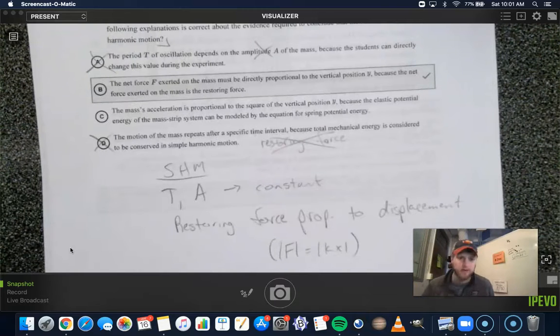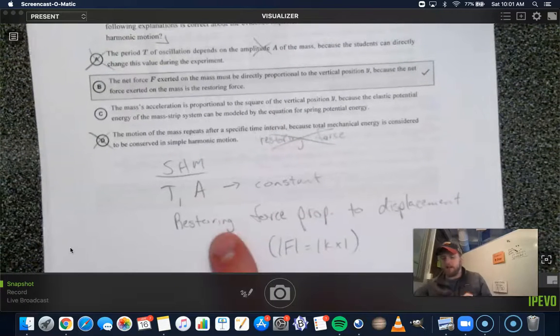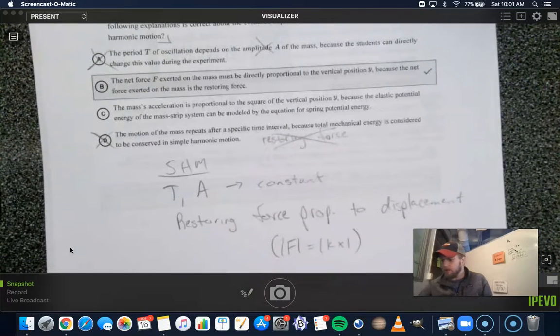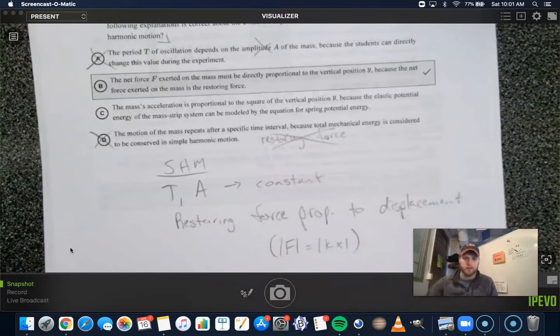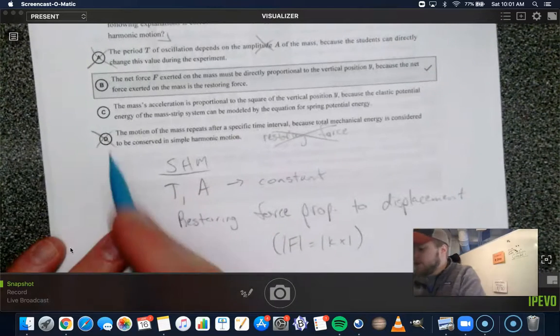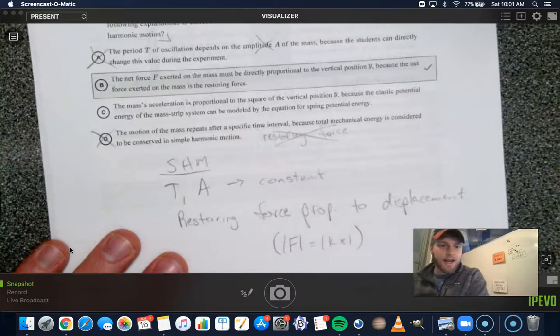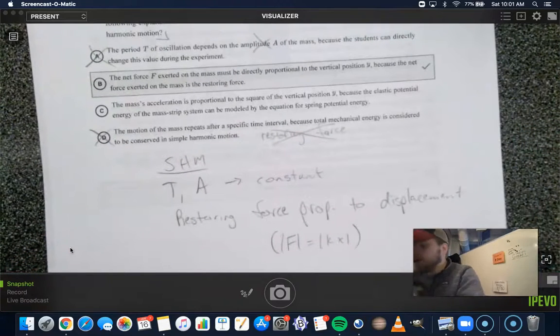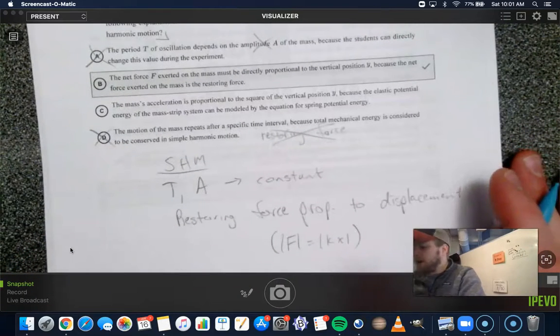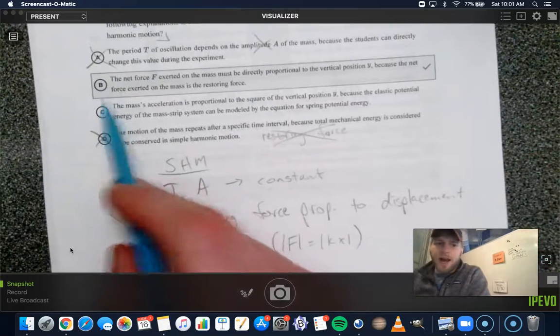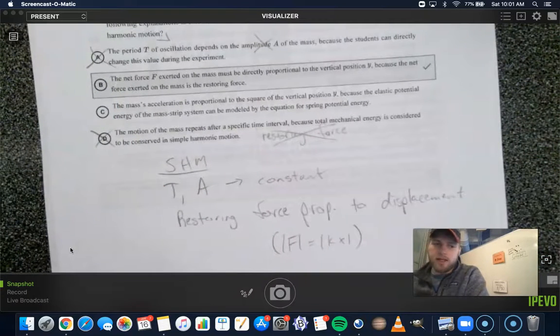Now, the details of that are a little bit complicated, but basically, if you let your pendulum go too far, then you don't get this second condition for simple harmonic motion. You don't get that the restoring force is proportional to displacement. So because there's nothing there about the restoring force, we can do an elimination on D. And then taking a second look at letter C, I can show you why we can eliminate it. And then we can talk about on this one how we really could maybe jump straight to B without doing